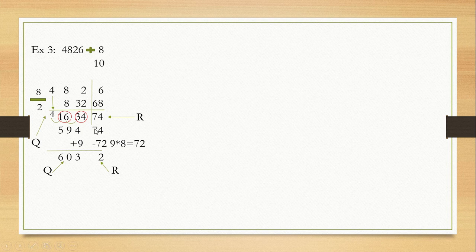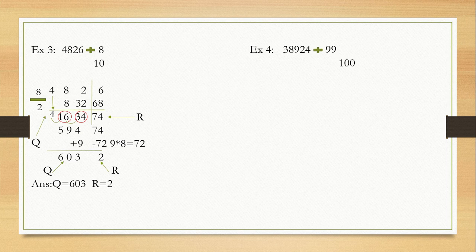And we are having one whole quotient, that is 594, and this 9 should be added to this. So the total is 603, which is the real quotient, and 2 is the remainder. So what is the answer for our sum, 4826 divided by 8? The quotient is 603 and the remainder is 2. We'll see one more example, that is